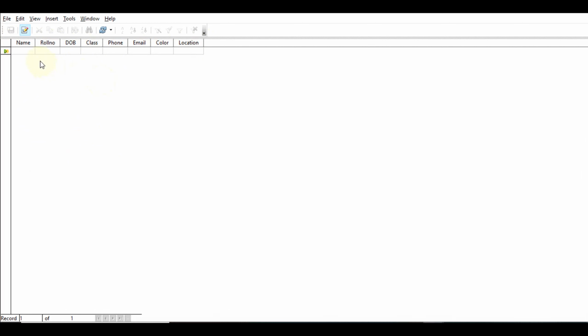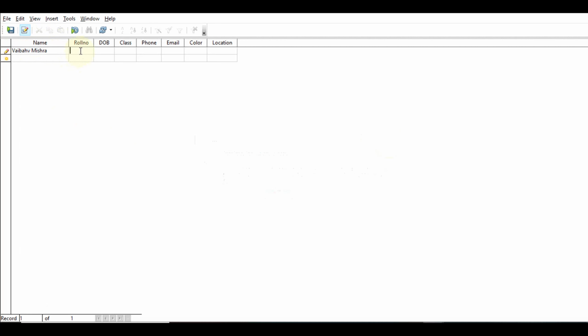And after this, if we have the data, then we can do the entry. For example, Vaibhav Mishra. When our data is not showing completely, then we can change the column width also.